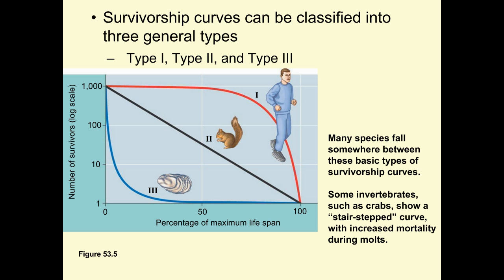Mollusks. Do mollusks only have a couple little baby mollusks, a couple little baby clams? They take care of them, they cuddle them, they feed them. No. How many offspring do clams have? Hundreds, if not thousands. I don't know about millions. It's a possibility. I'm not quite sure. But there's a ton. They flood the environment.